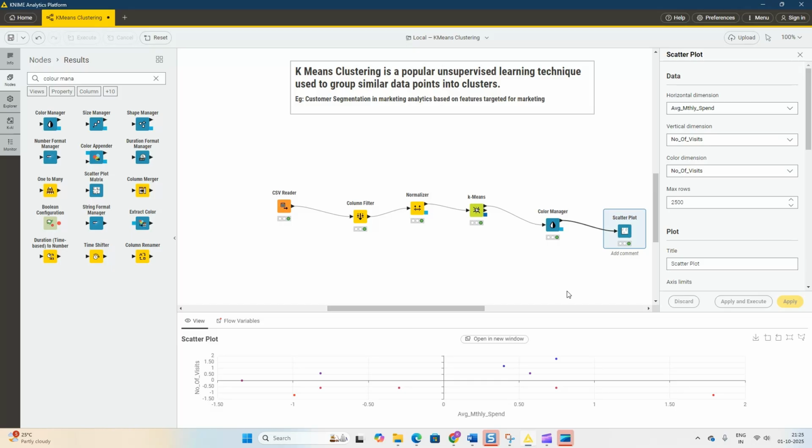Though these help us arrive at the value of K, it is always advisable to do some trial and error, have a business understanding of the problem that you are dealing with, and then see how many clusters the data can be categorized into. And it is always important to do some exploratory data analysis post the clustering, because that is how we want to group the data and bring some insights